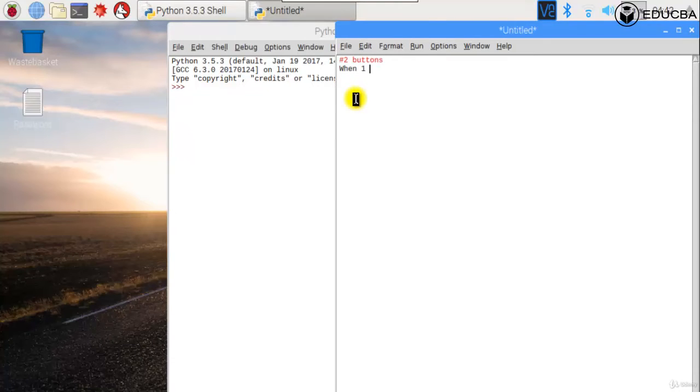When one button is pressed, what's going to happen? The user has to enter something to tweet. When the second button is pressed, the user's text has been tweeted. Simple, right? So again, I'm going to have from keys import